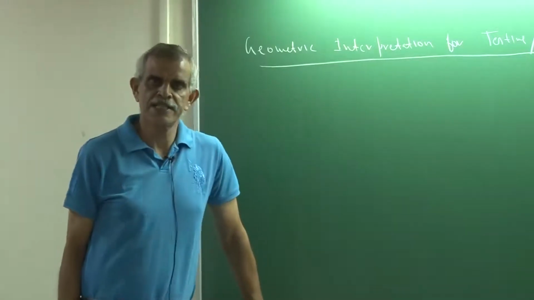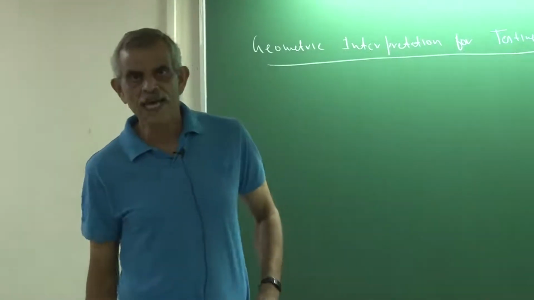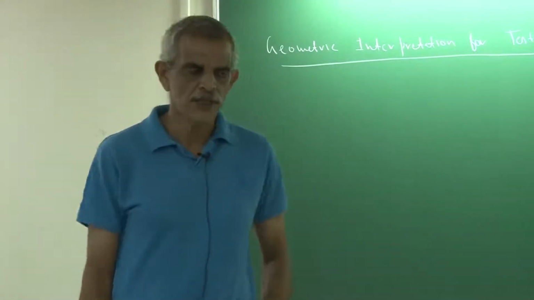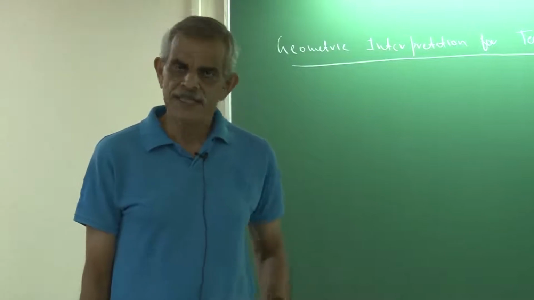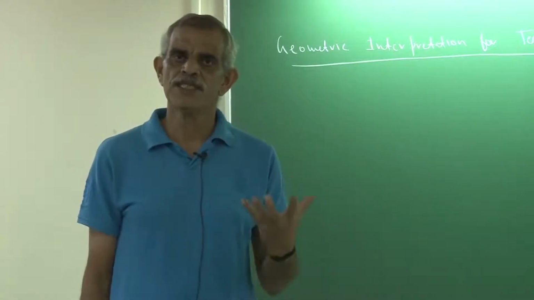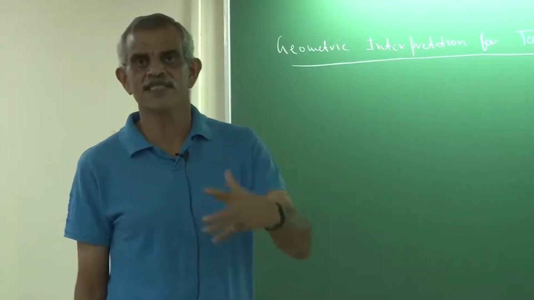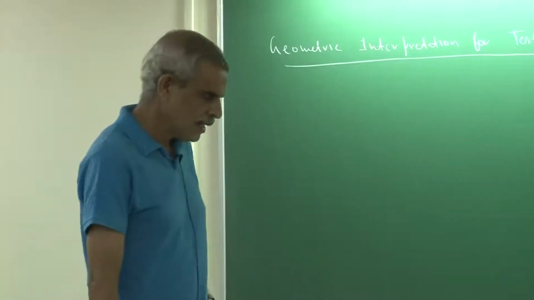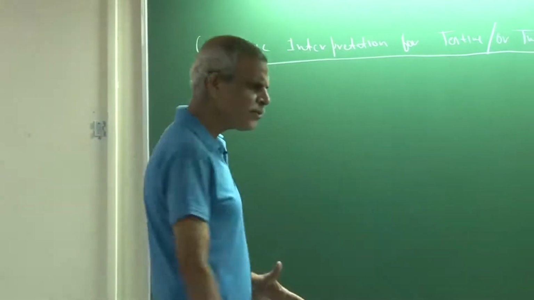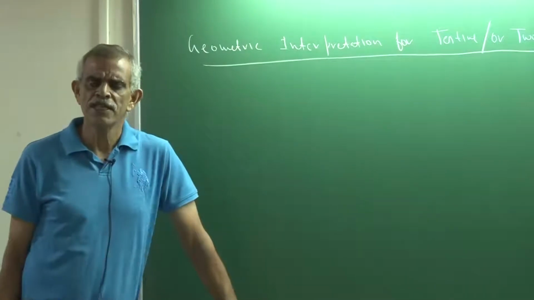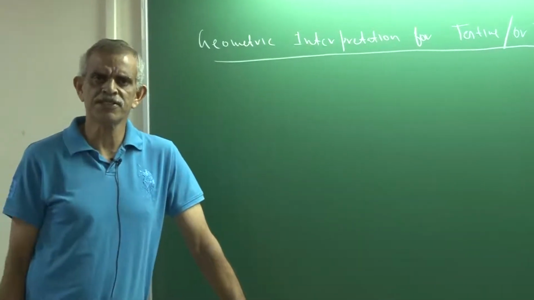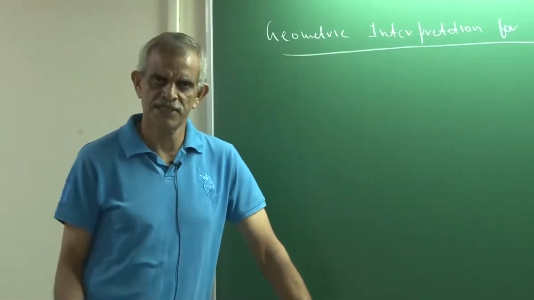So welcome to this lecture. In the last module, we described a testing problem as a 2xn decision problem. Now what I'll try to do today is give a geometric interpretation of any 2xn decision problem,